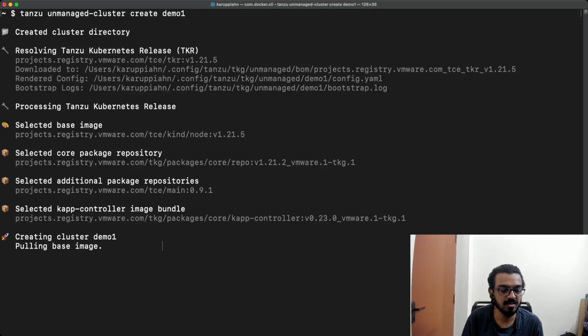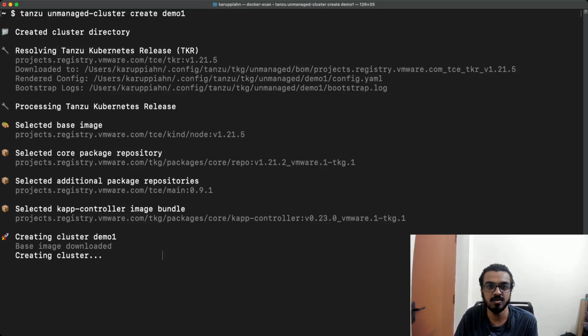So it says created cluster directory, resolving this thing called Tanzu Kubernetes release, which is basically a Kubernetes release. For example, say 1.21, 1.20, 1.19 dot something. So the major minor patch version. But that is something created by VMware. So here we have Tanzu Kubernetes release. So it's a Kubernetes release packaged by VMware, and the Kubernetes version is